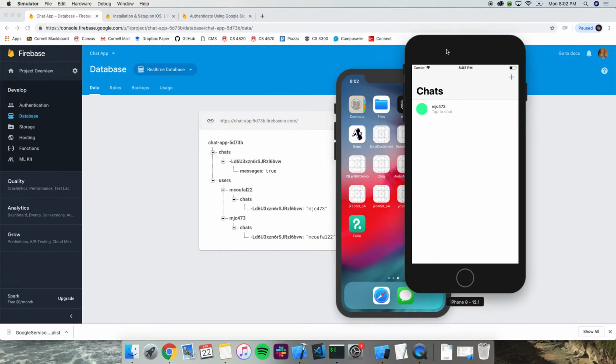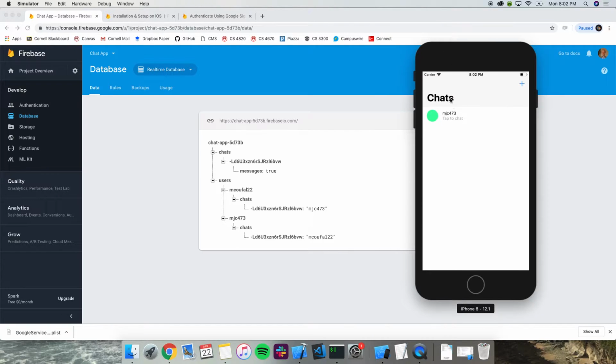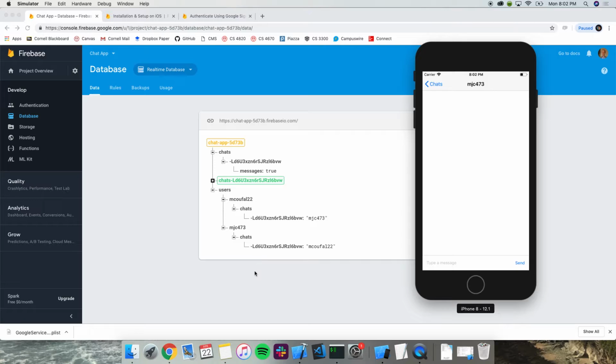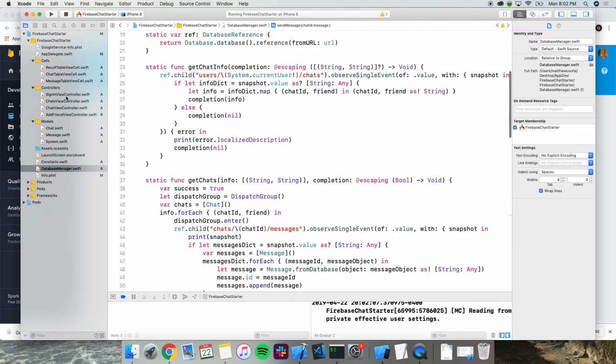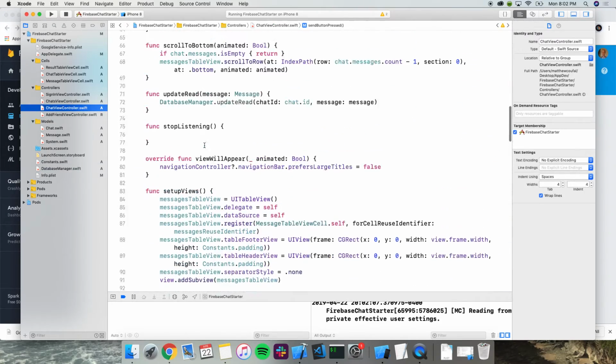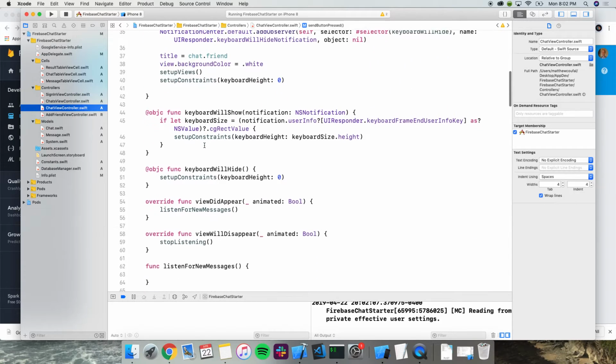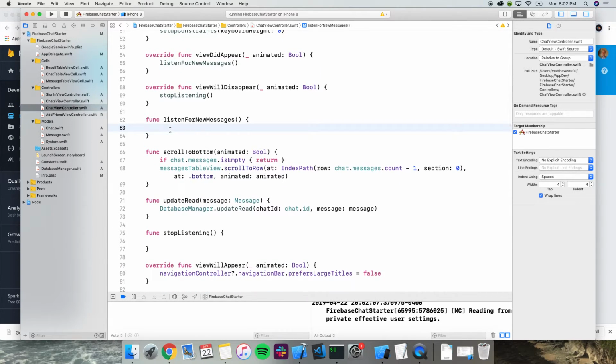I'm actually going to put it next to the database so you can actually see what's going to happen. Okay. So now if I type a message and tap send, you'll notice that it actually goes into the database, but it doesn't update in the UI. It doesn't update client side. So we need to make that happen first. Okay. All right, so we have this empty function here called listen for new messages. And what we're going to do there, I told you before that if you have any database reference, or you have a question?